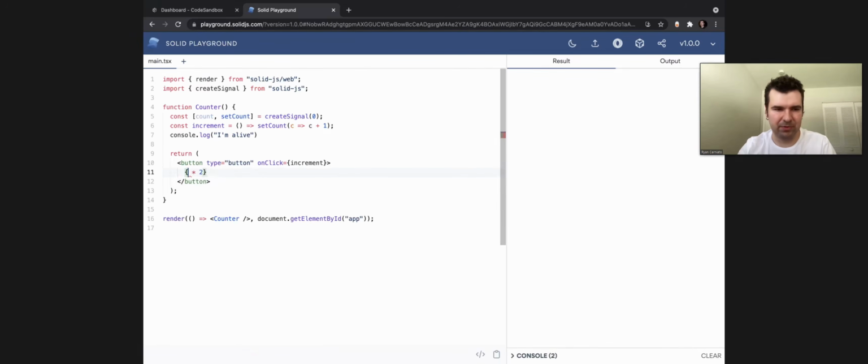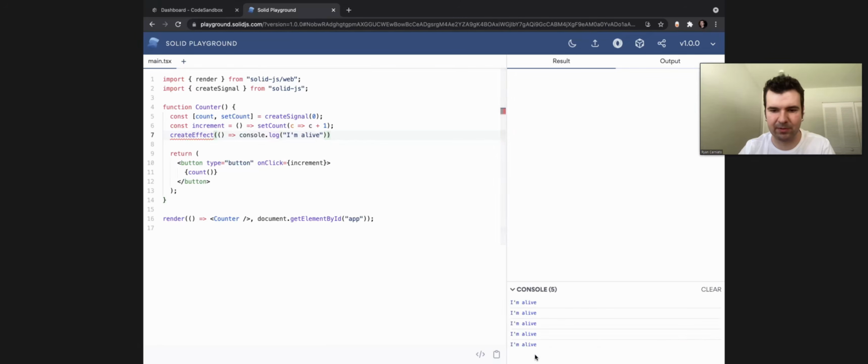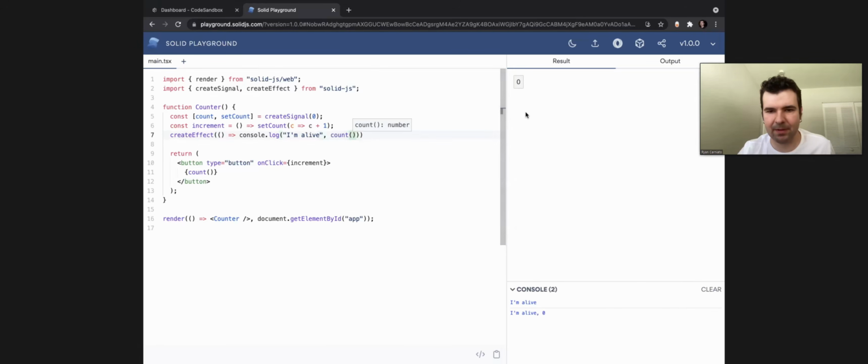And if it helps visualize this any better, I'm going to take this console log for a second, and I'm just going to go createEffect. This might look a little bit like React's useEffect, and there are some similarities there, but I've got to clear all the extra stuff, and I did not import it yet. So let's create effect. Basically, nothing's reactive here, so it's still only running once. But if we add "I'm alive" and count,